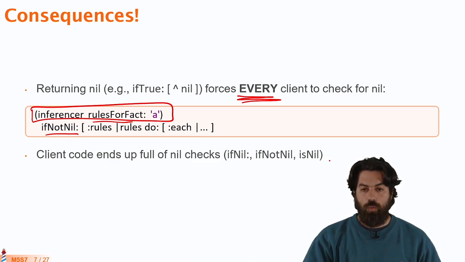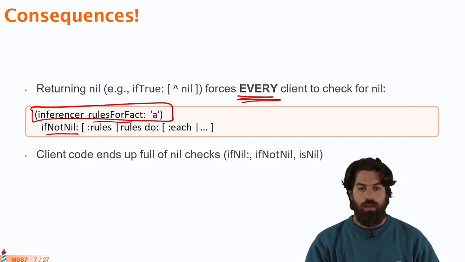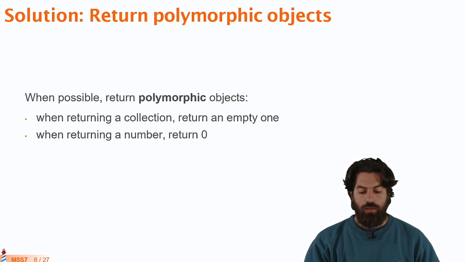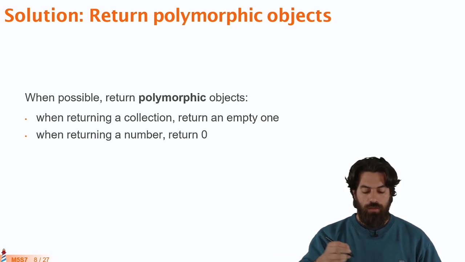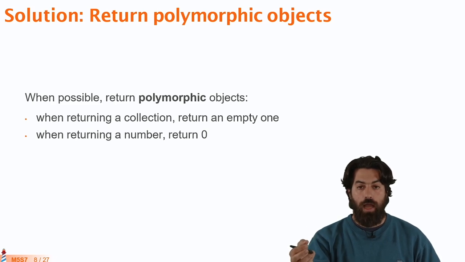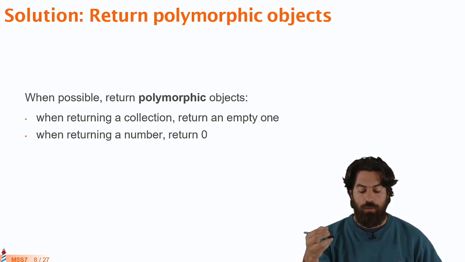So this will somehow pollute the code and make it more difficult to change. One solution to this is to use polymorphic objects. If we think about this, one way to avoid the problem that we saw before